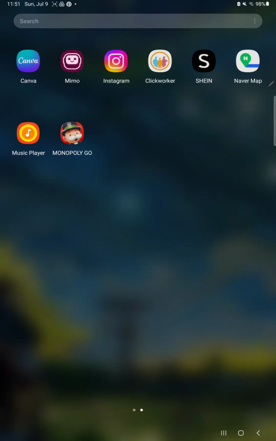Hello guys, in this video I'm going to show you how to enable the colored road markings on the Naver